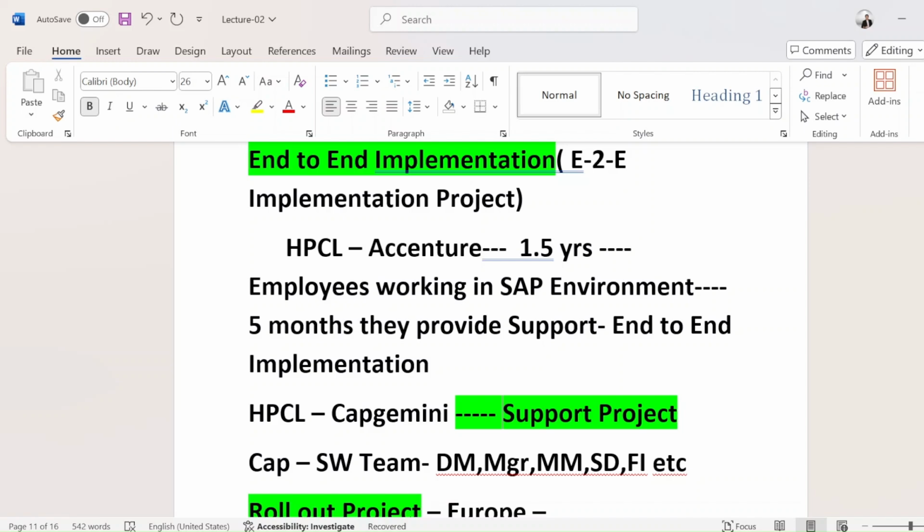But let's suppose this is not done by Infosys. For India's plant it's done by Infosys, but for Europe's plant, Mehta Private Limited as a client has decided they are not going to go with the same Infosys. This time they will go with Accenture. So for Accenture, this will again be an implementation because they have to do everything from scratch. From Accenture's point of view, this will be an E2E implementation again. But if Infosys does the same project, for Infosys this will be a rollout project. Is that clear or not?